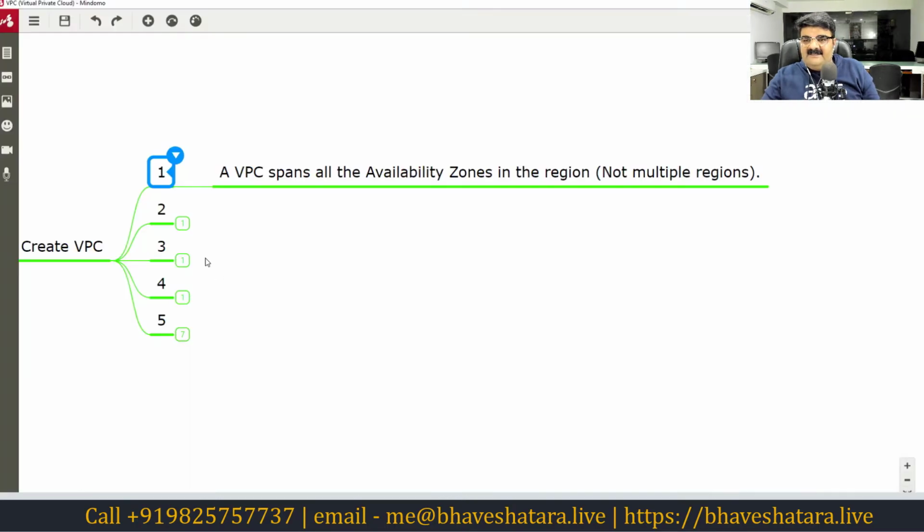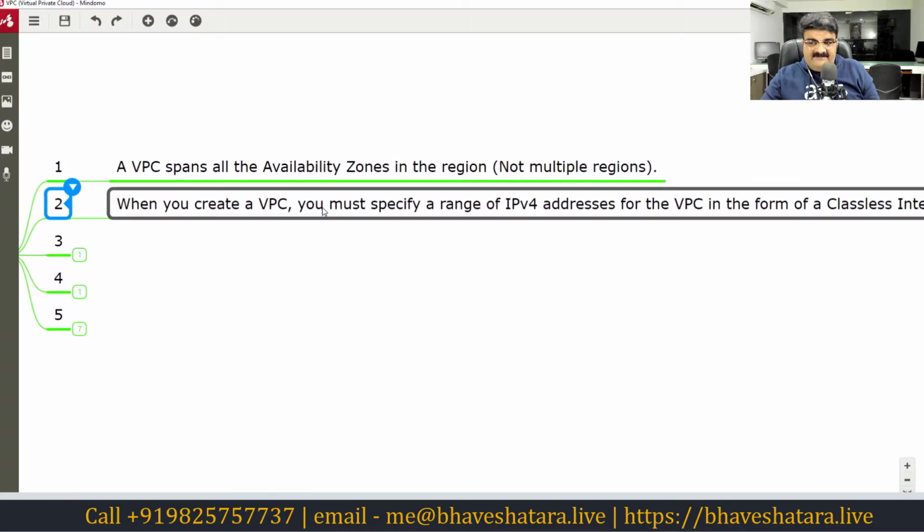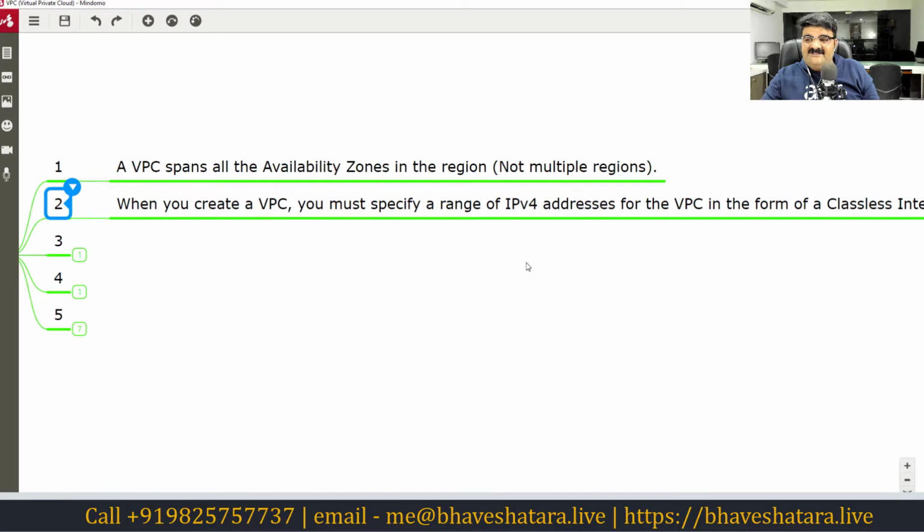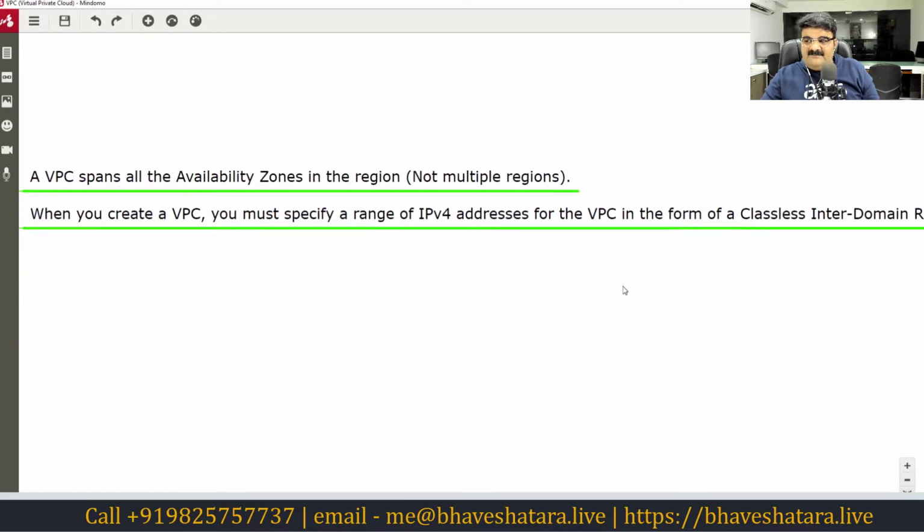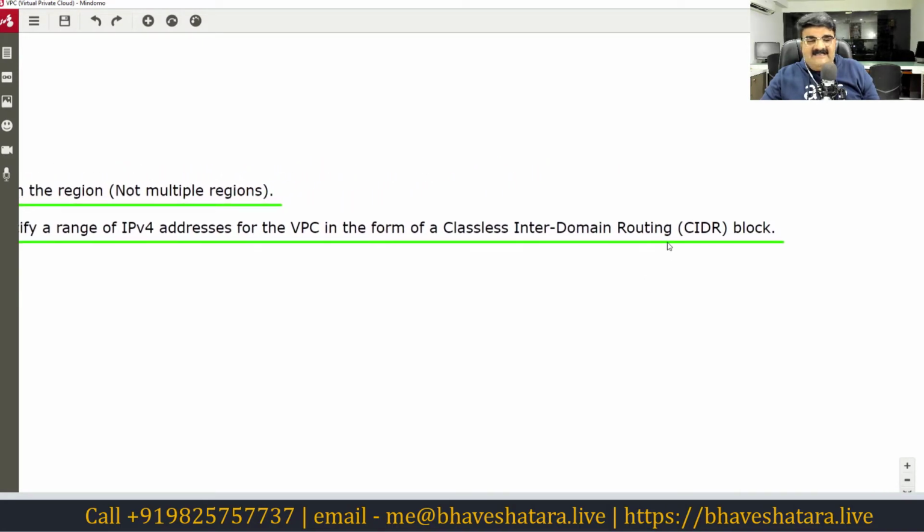Now the second point: when you create a VPC, you must specify a range of IP addresses for the VPC in the form of a CIDR block. You will learn CIDR and everything in the IP address master class. If you are coming after that, it will be really good.